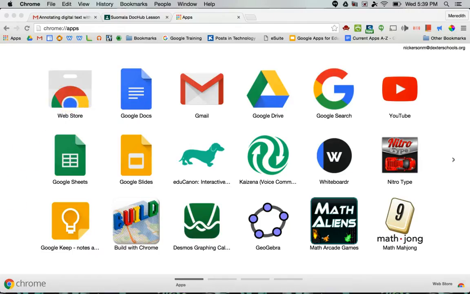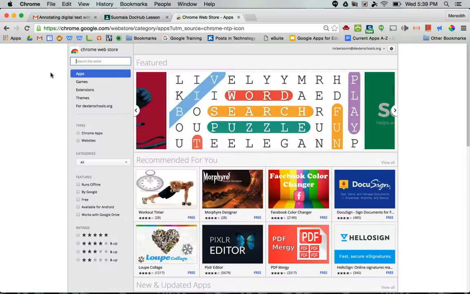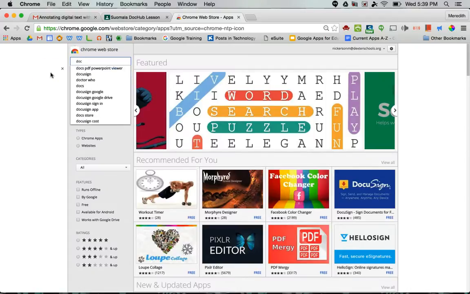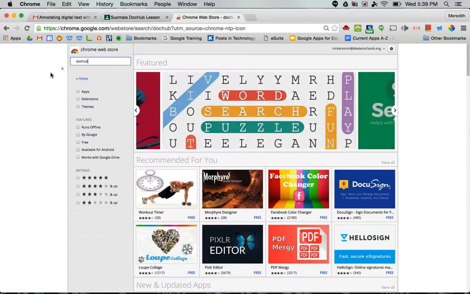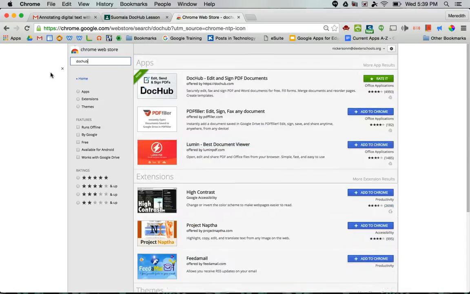You go down to your little magnifying lens and then you click on web store or more apps and then web store. And when I go to the web store, I am going to go ahead and search for Doc, D-O-C, Hub, H-U-B. And I'll hit enter, and there it is right there, Apps, Doc Hub, Edit and Sign PDF Documents. Now you can see I've already added this to my apps, but if you haven't, you need to click on Add to Chrome, which you see down here, and then click Add when the box